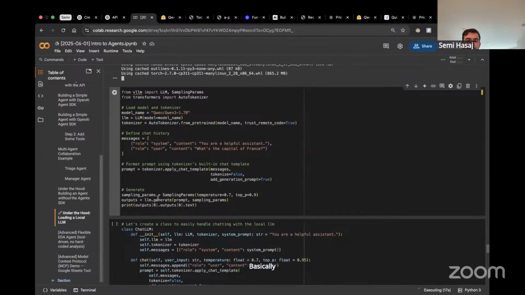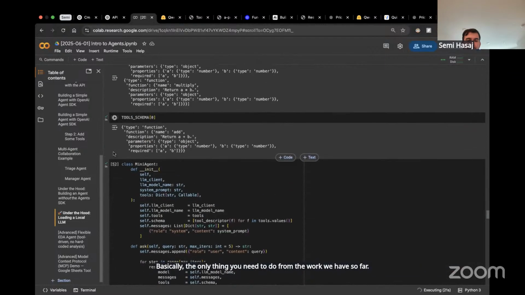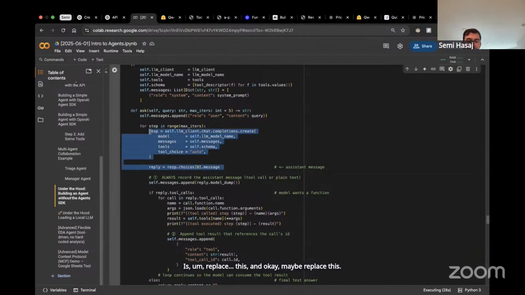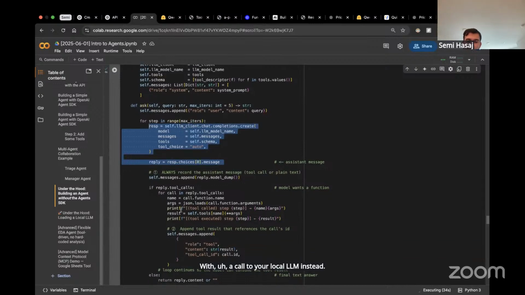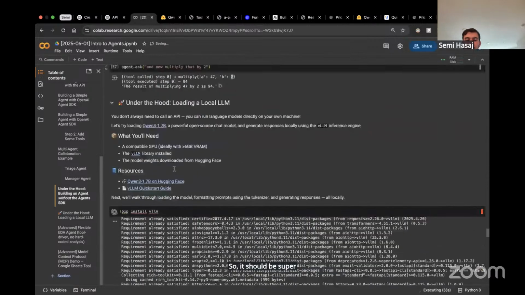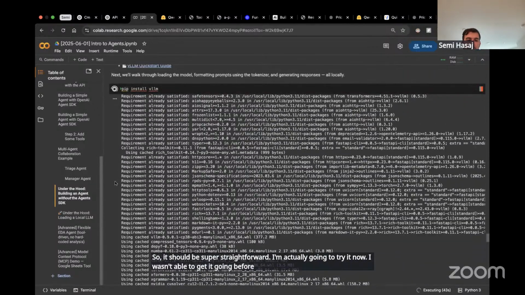Basically, the only thing you need to do from the work we have so far is replace this, and maybe this, with a call to your local LLM instead. Everything else should work the same, so it should be super straightforward. I'm actually going to try it now. I wasn't able to get it going before just because it was taking so long, but we can try that out.